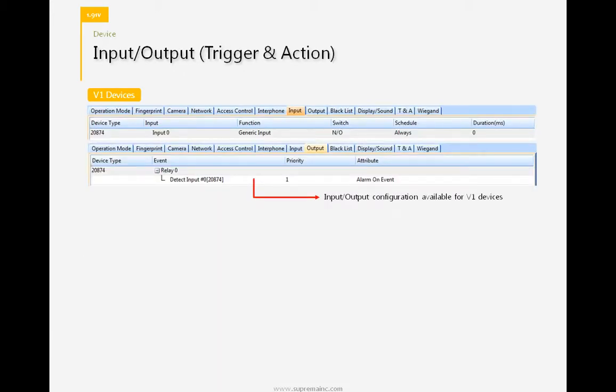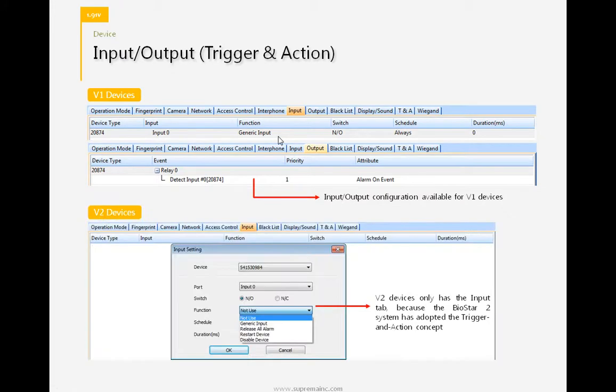And input and output. For version 1 devices, you had an input, so when you had an input coming from whatever port, you were able to configure many different outputs from the output tab. However, for version 2 devices, there's only an input tab. There's no output tab. And you can only set 4 different outputs when you have an input signal coming from this input. So if I give you an example,